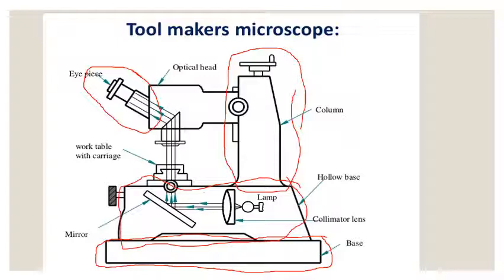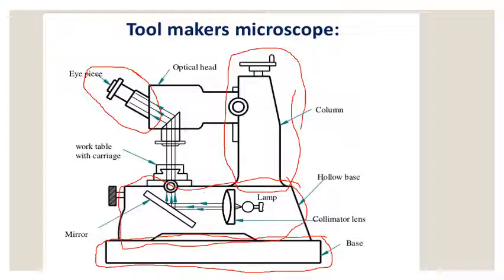Sometimes we place the illuminating lamp somewhere here so that it is reflected back on this section with the help of the prisms, and then over the mirror it is further reflected back, whereas here it is a simple mechanism through which it is being explained. The light after the collimating lens falls on the mirror and then it reflects at an angle of 90 degrees over the transparent table. There is a glass table.